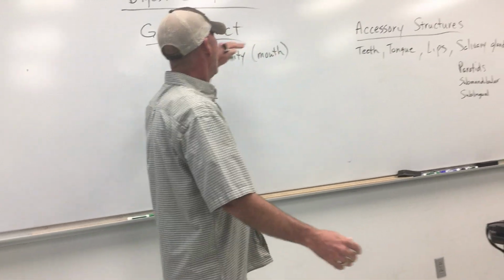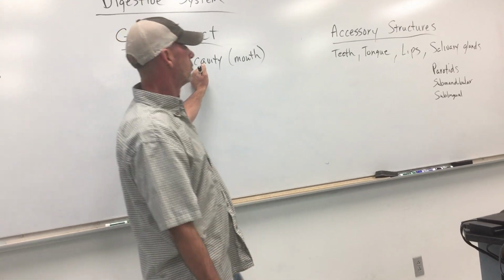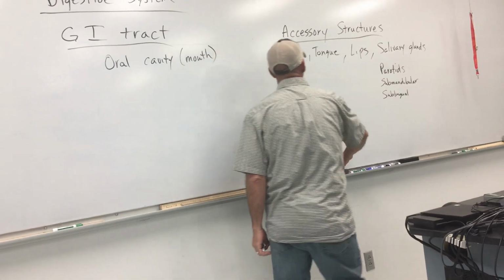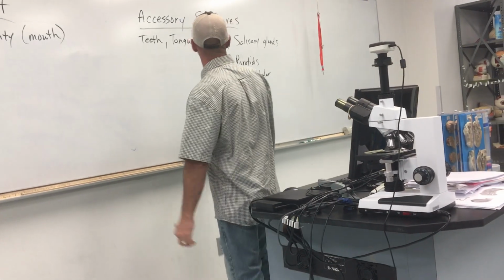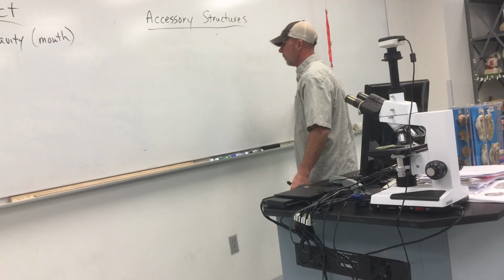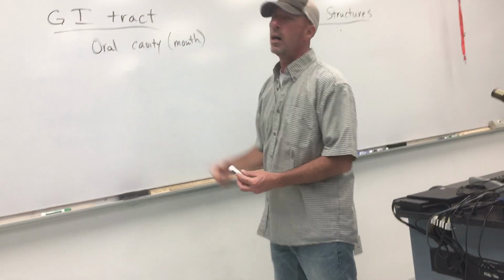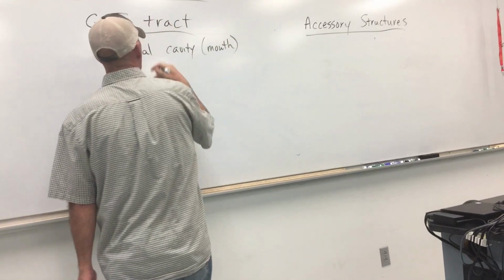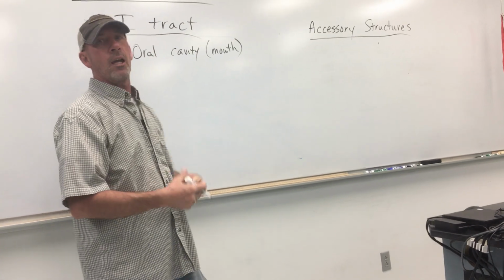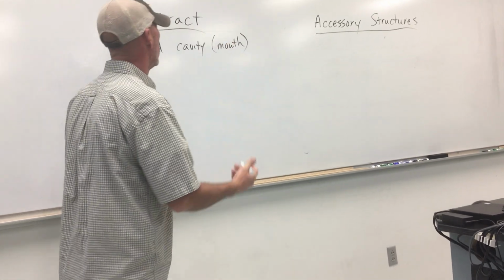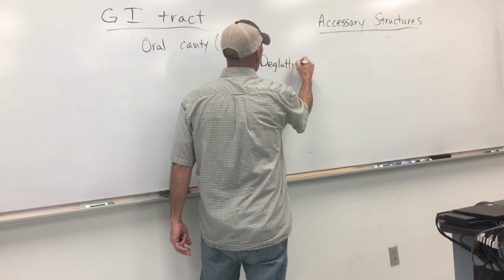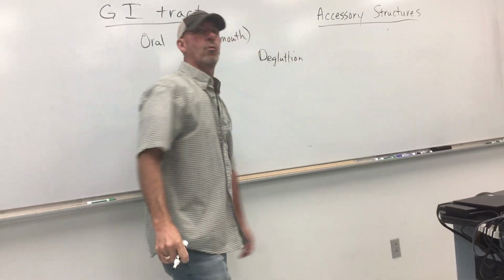But my example was, here is the passage that the food goes through. We have all these accessory structures that make contributions, but the food doesn't pass through them as individual structures. So that is our first set here. Now, as we go from the oral cavity, we then form this bolus, which is a swallowable size, and we have a fancy word that we call deglutition. Deglutition is basically the fancy name for swallowing.